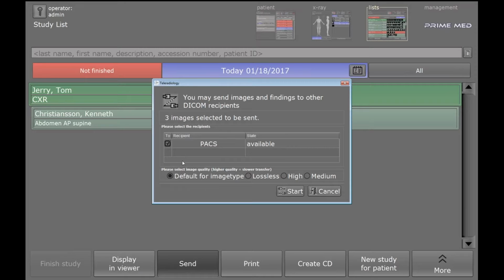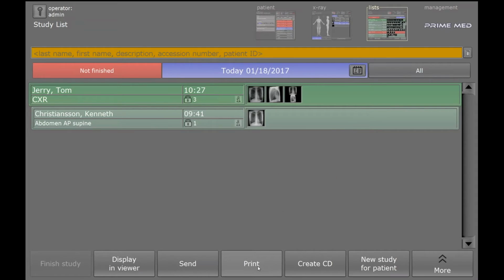So a list would populate right here, and you can just select, well, I want to send this chest to whoever. Very simple. It's checked off. Click Start. You can change your compression ratios right here and do that. If you need to print,